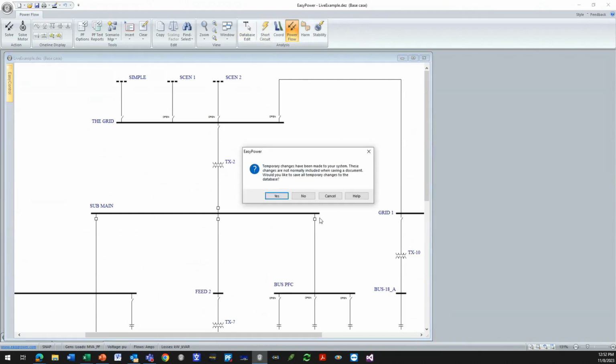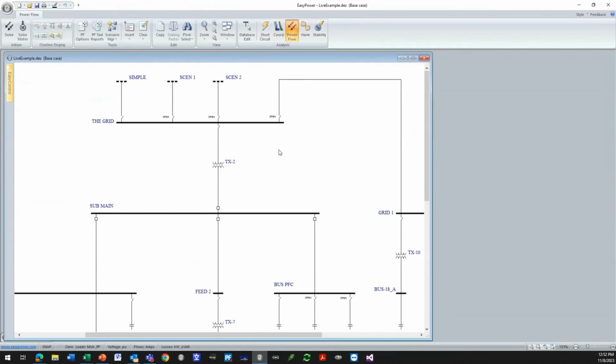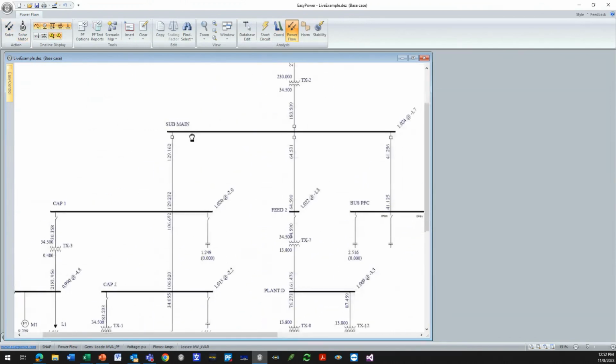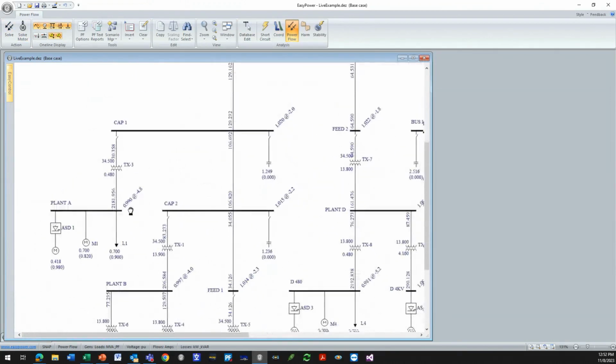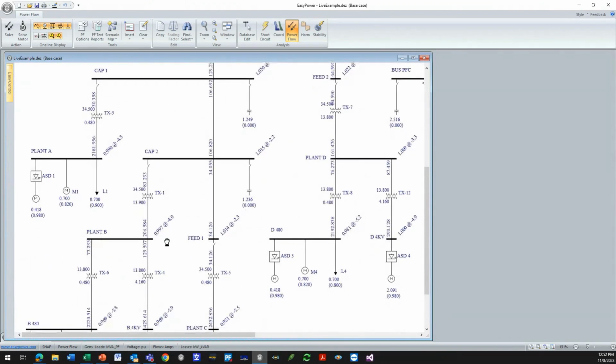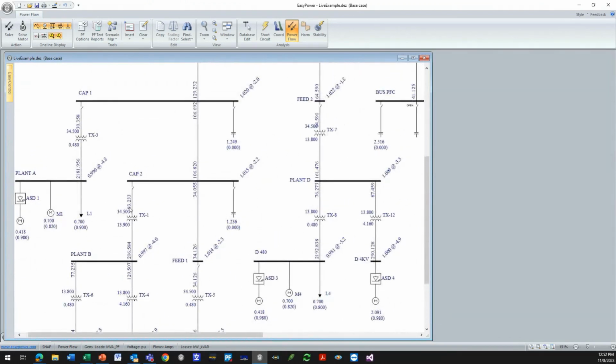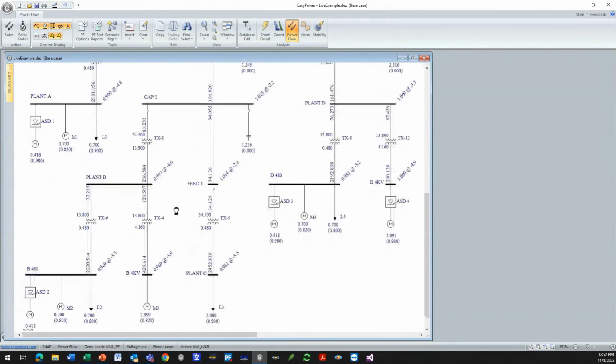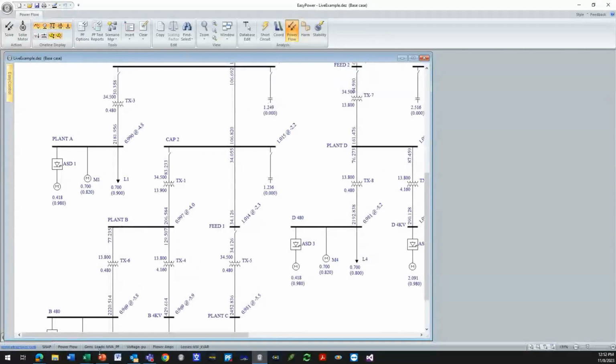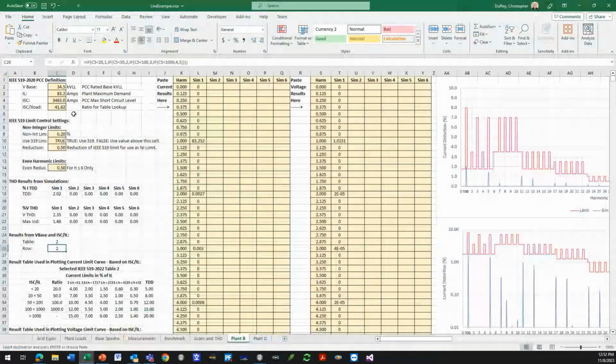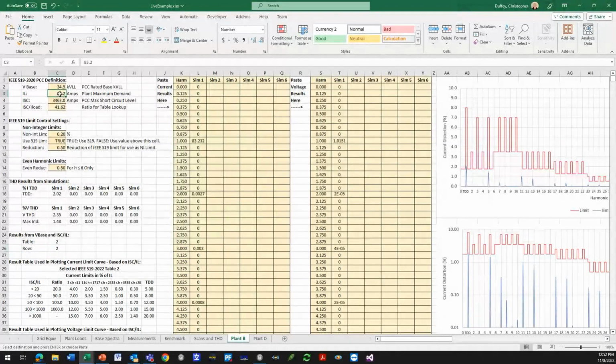Let's go back out and come back in because I don't remember what switches I had on or off. And if I solve this case, you'll notice that the current flowing into one of these plants at 34.5 is 83.2 amps. You see that right here. And so this was plant B. Did I do plant D? I'm not saying here which one it is, but you can see the 83.2 amps that I put in for